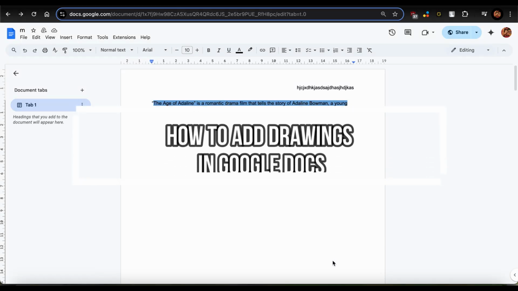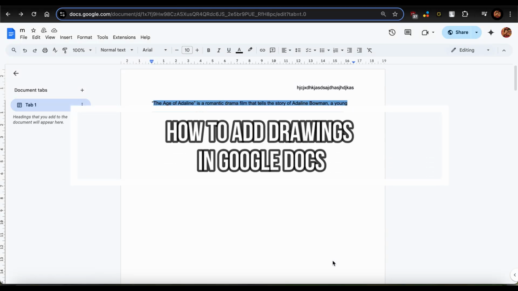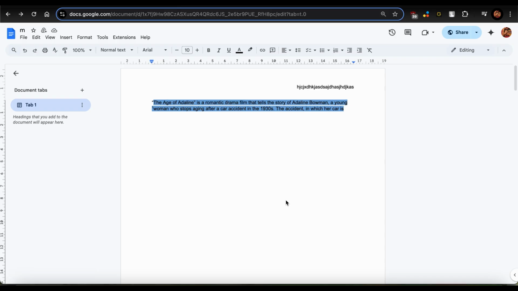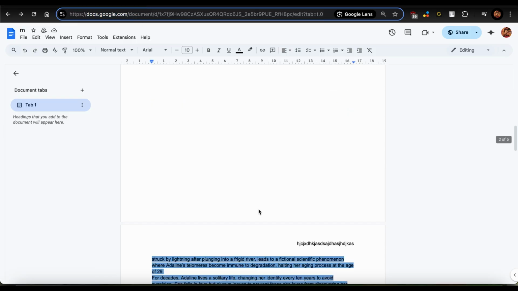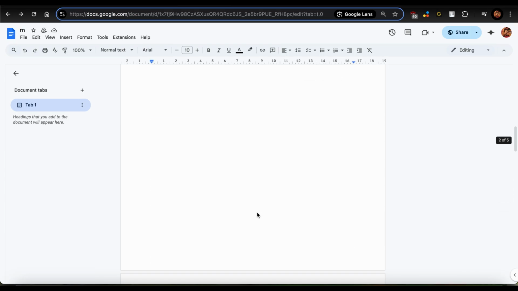To add drawings in Google Docs, it's really easy. So let's get right into it. Just go ahead and open your browser first, and once you're in your browser, you just need to go to docs.google.com. And after you're in this page, just need to look at the top left where you have options like